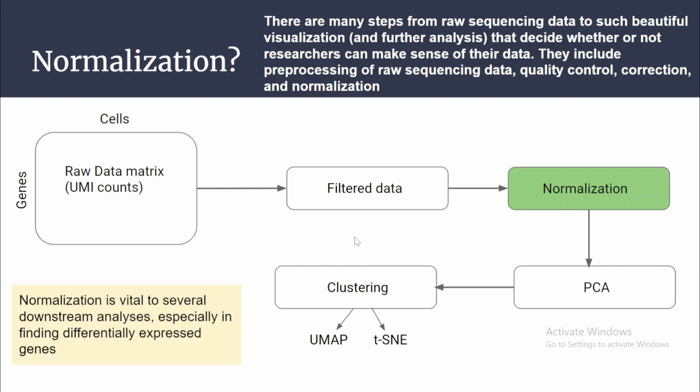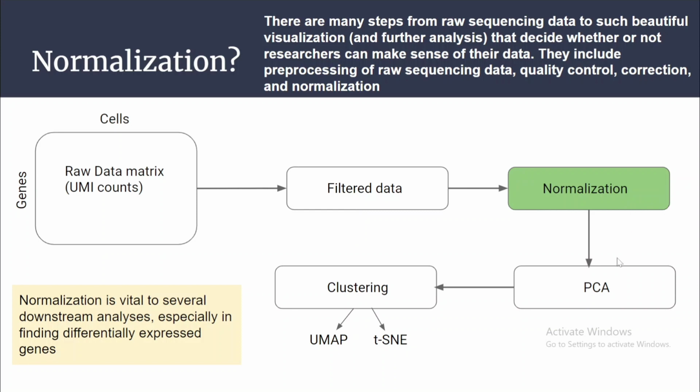So in this slide, this is a simple flow chart of NGS data analysis like single-cell RNA. You start with the raw data or UMI counts, and then you go for the quality control steps. And then we filter the data based on the quality of the cells or the parameters we have used to filter out unwanted cells. Then the main step comes into the picture, that is the normalization.